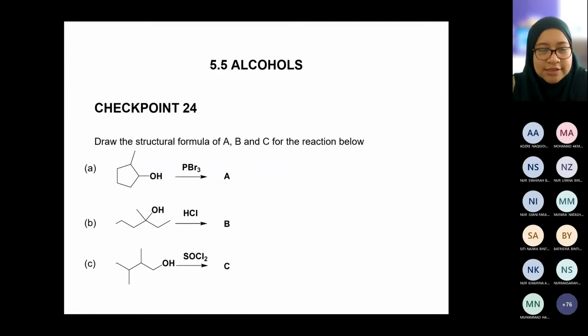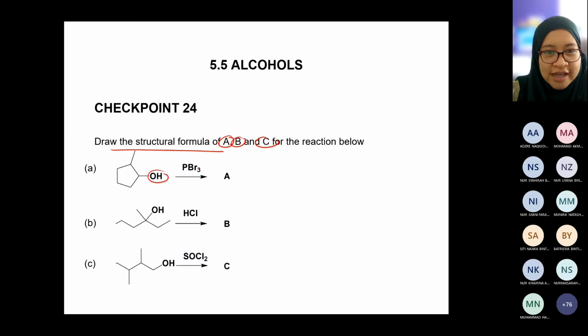The steps are basically the same. Okay, draw the structural formula of A, B and C for the reaction below. What is it asking? Draw the structural formula of A, B and C. Okay, so OH, and then looking at the reagent, it uses PBr3, right? Okay, alright. Since we're already doing this,